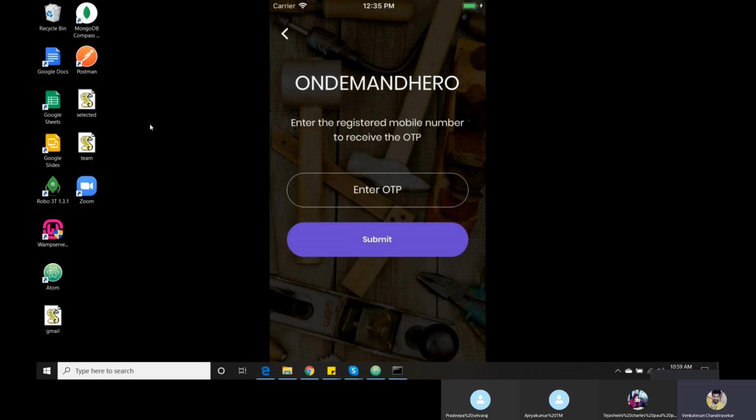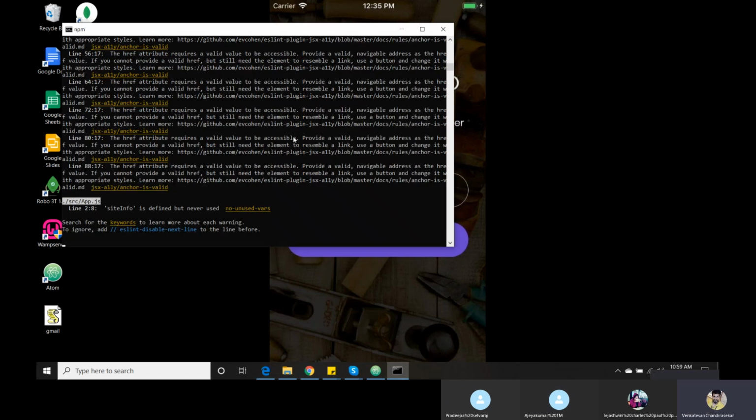Whenever I need to work with backend services, for example to check whether an email already exists, I need to validate it against a particular database like MySQL, MongoDB, Cassandra, or Redis. That's the reason we need a server. For PHP we need a server like WAMP or XAMPP. For React.js we don't need one, because Node.js is itself like a server. We don't need any special servers to run it.